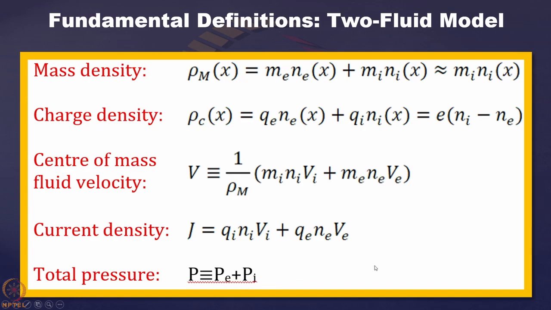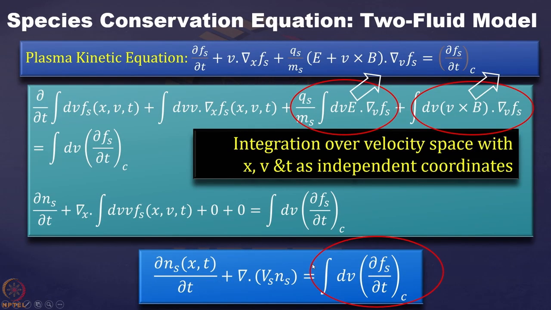But if you have multiple species, obviously you have to consider the partial pressure of each of the elements. So total pressure is the sum over Pi, ranging over all the species. And here we are using only the two fluid model, so we are summing up the electron plus ion pressure, that is the total pressure. So what we obtained there, then, as we promised, we will take the zeroth order moment to get the species conservation equation.